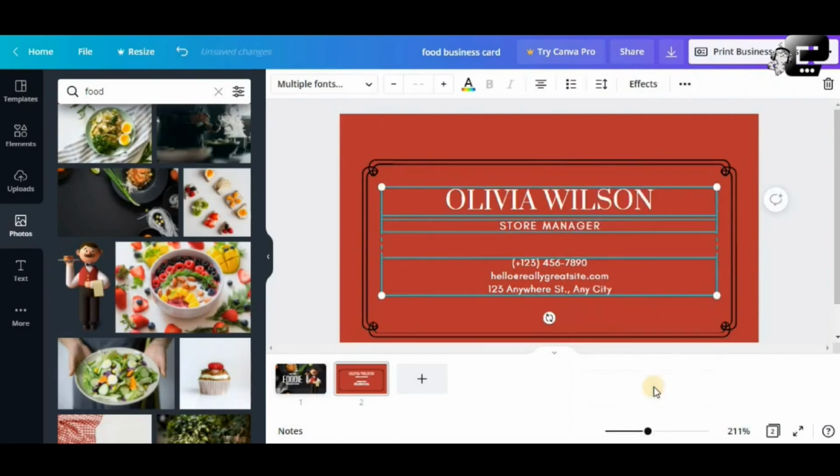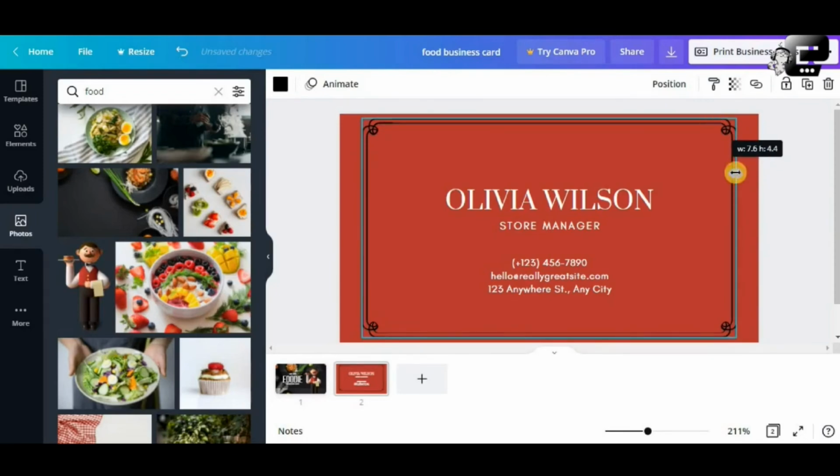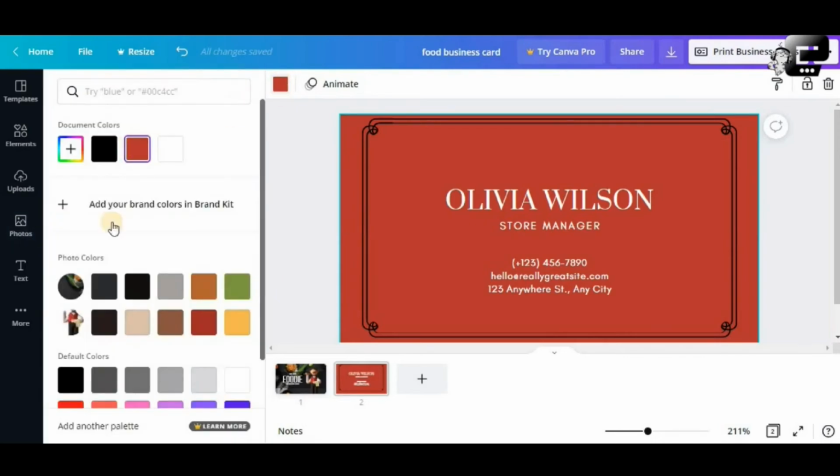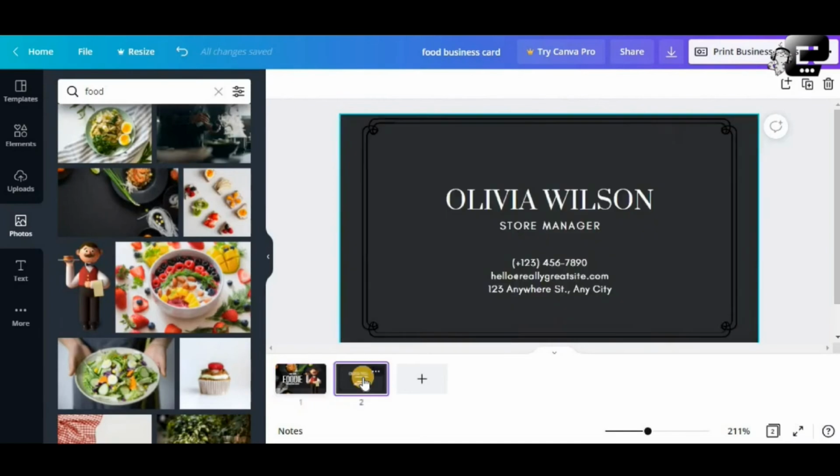You have to group it, right click and group. Maybe I don't like this one. Okay, you can retain this one. You can change the background to perhaps gray, based on the front, that's gray.